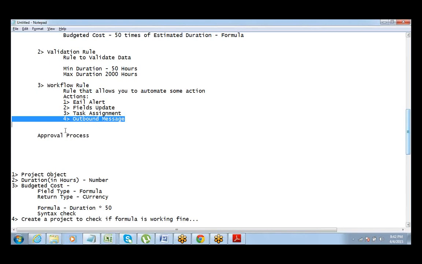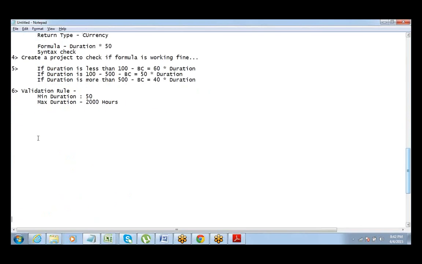So now we'll learn how to create a workflow rule. Okay. So what we are going to do is I'll take an example and we'll do that.